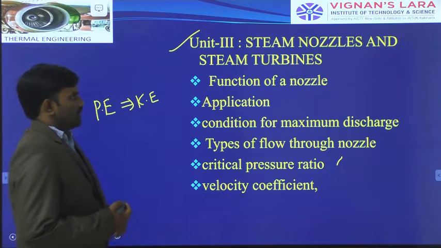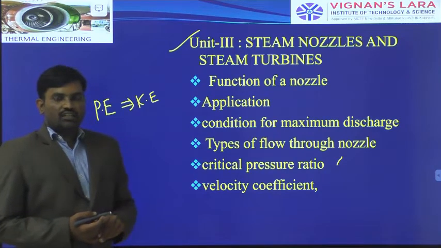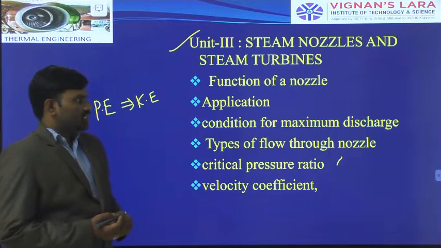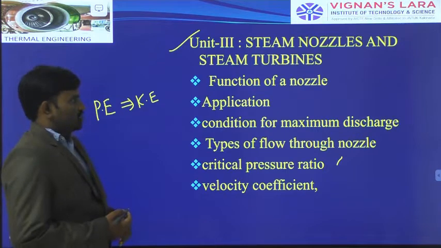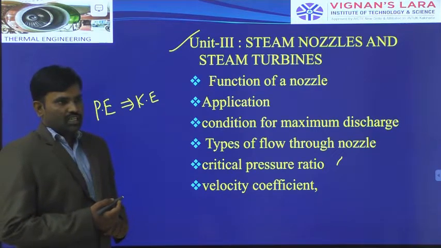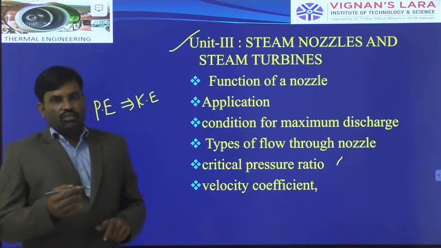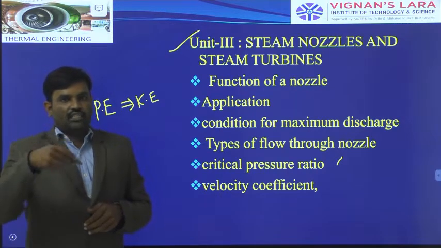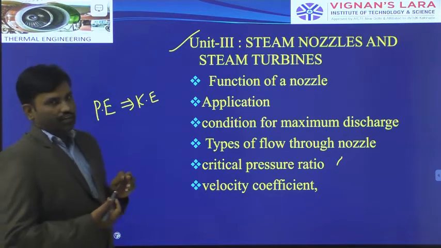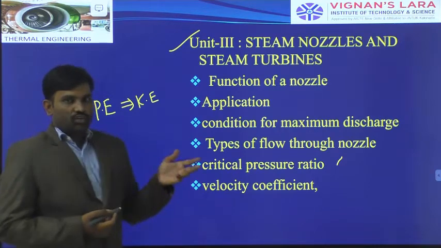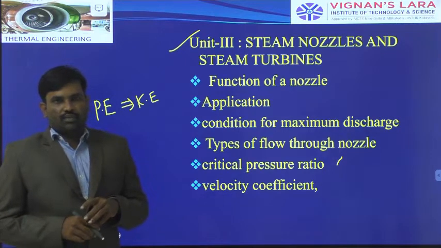In this Unit 3, we will see how the pressure energy of steam is converted into kinetic energy, and what happens with the different types of nozzles. If you use different types of nozzles, what happens to the pressure energy, how much velocity of steam we are using to rotate the turbine wheel and to generate the power output from the turbine. We will discuss this in this unit. And how much power output we generate from the steam turbine, we measure and determine based on the type of turbine also.